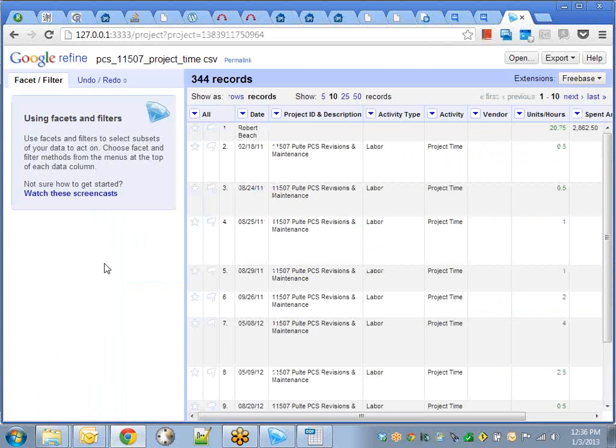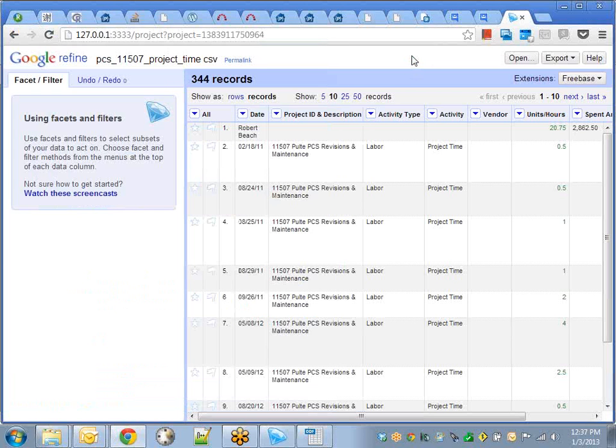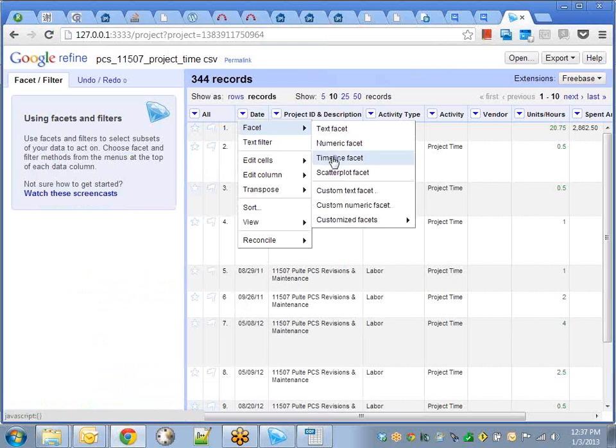Now there's a lot of power here under the hood, but the main thing that I used here was something called faceting. And let me go back to my cheat sheet here. Let's see. All right, so the first facet that I'm going to use is a custom text facet. And some of you who are used to using Excel are going to recognize some of the language. So if I click on this menu here and go to Facet, Custom Text Facet,